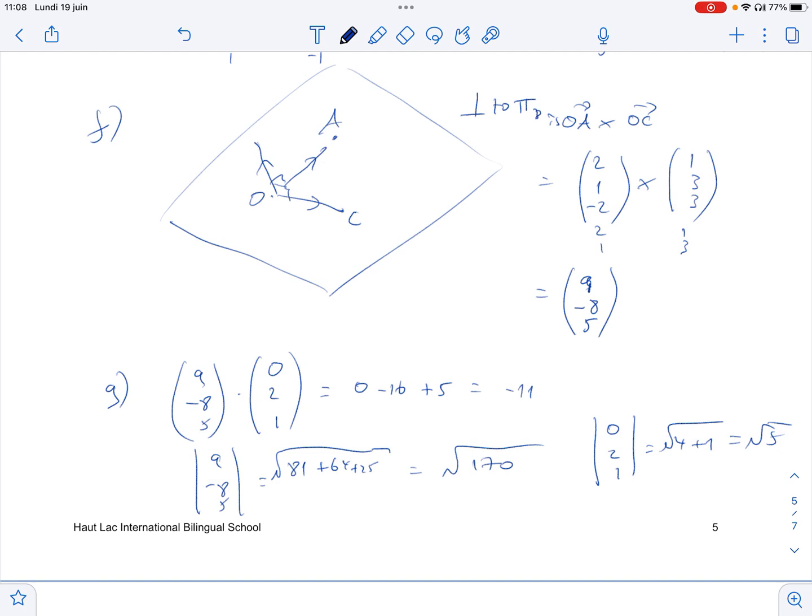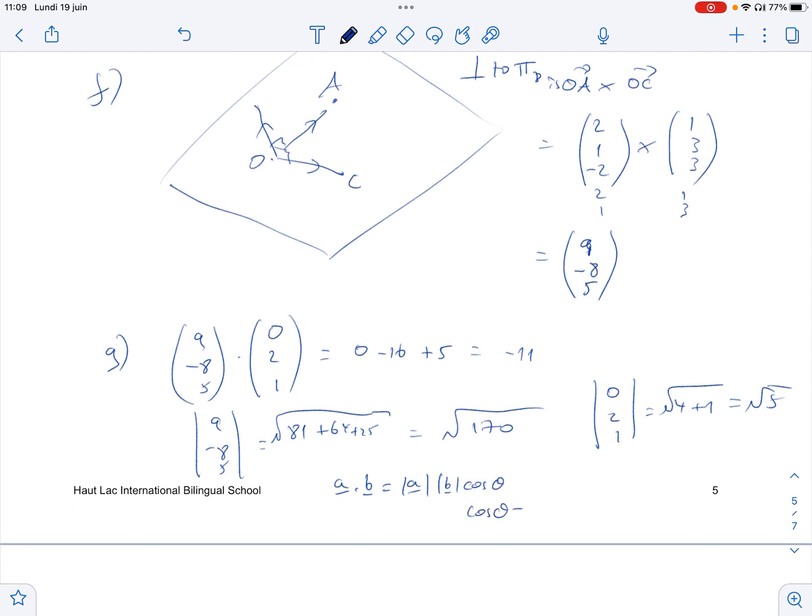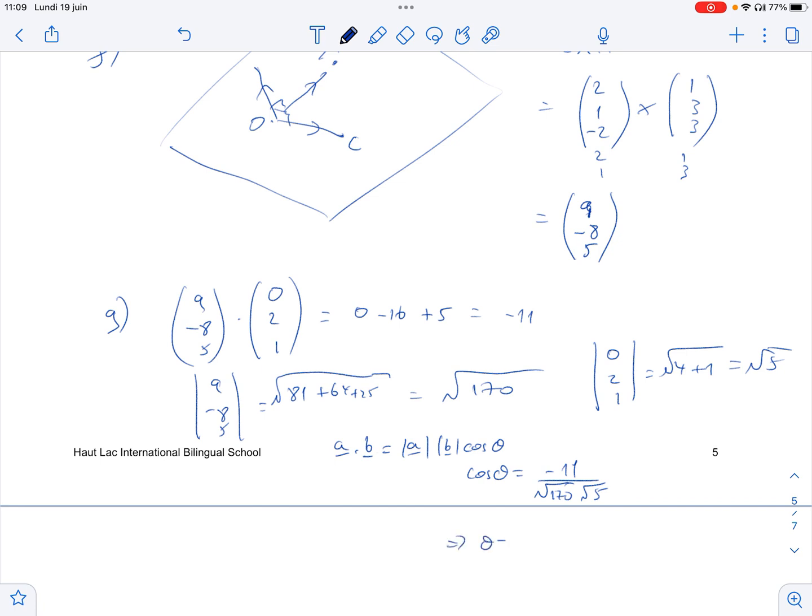And therefore we have A dot B equals length of A, length of B, cosine theta. So cosine theta equals A dot B, negative 11, over length of A, root 170, and length of B, root 5. That implies that theta equals